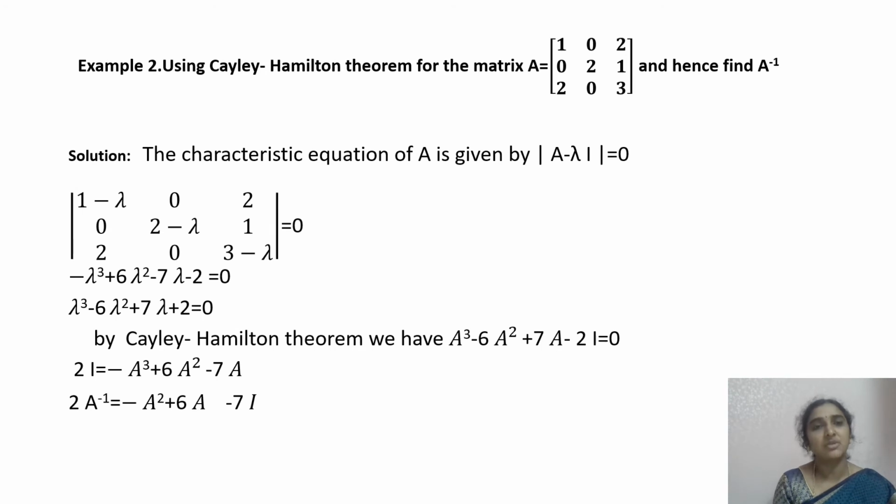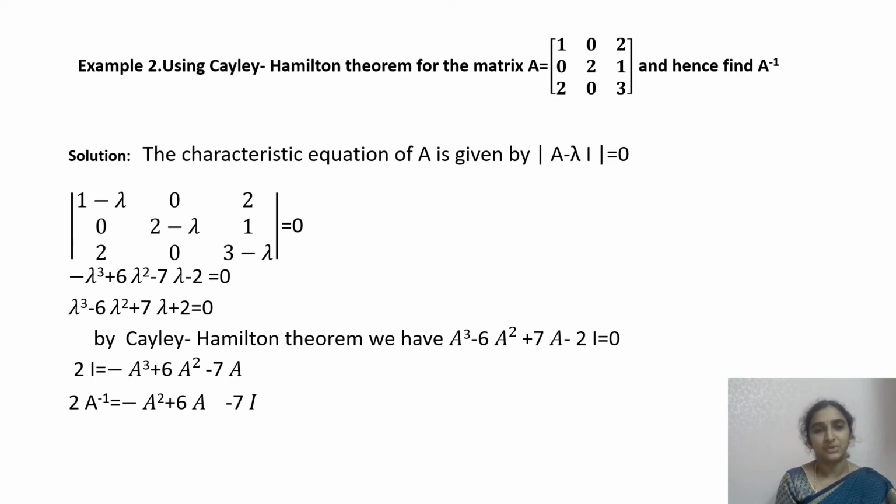Let us consider one more example. Using the Cayley-Hamilton theorem, we are supposed to find A inverse for a third order matrix. Let me consider the matrix A [1, 0, 2; 0, 2, 1; 2, 0, 3]. The characteristic equation of A is given by determinant of A minus lambda I is equal to 0. Hence, the determinant of [1 minus lambda, 0, 2; 0, 2 minus lambda, 1; 2, 0, 3 minus lambda] is